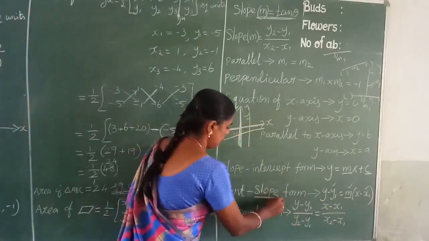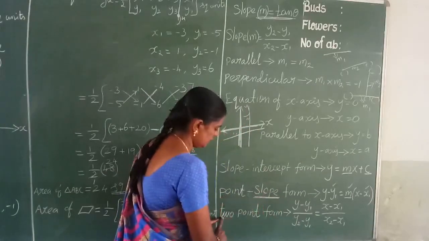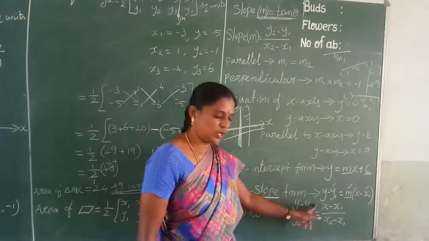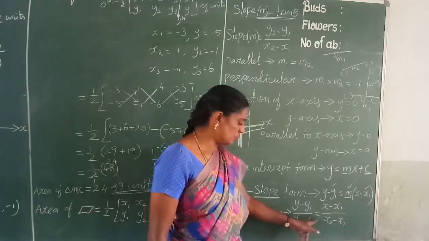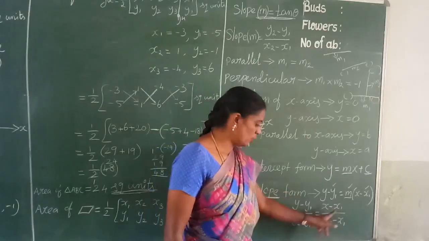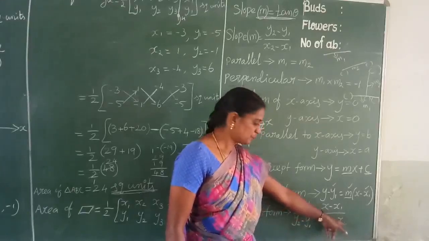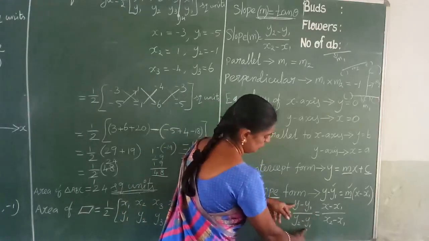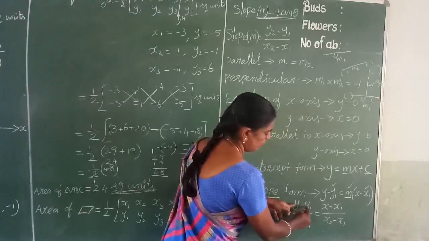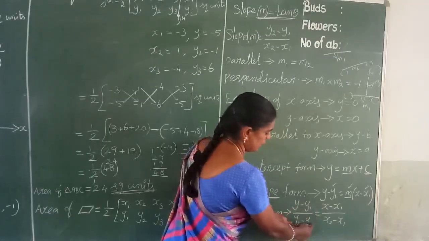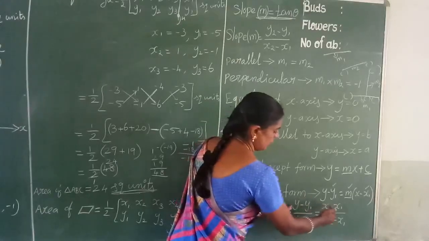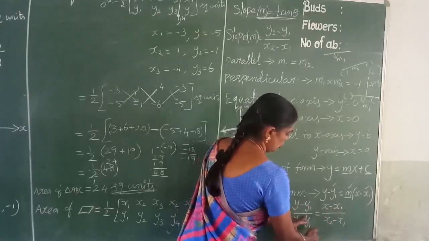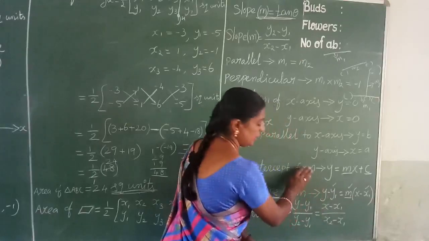Here, instead of the slope, 1 more point is given. Point to point, so it is the 2 point form. The equation is y minus y1 by y2 minus y1 is equal to x minus x1 by x2 minus x1. How do we keep this in mind? Here y minus y1 stays the same, and below it comes y2 minus y1. In the same way, you change y to x: x minus x1 by x2 minus x1. You can also interchange and write it, which is also correct.